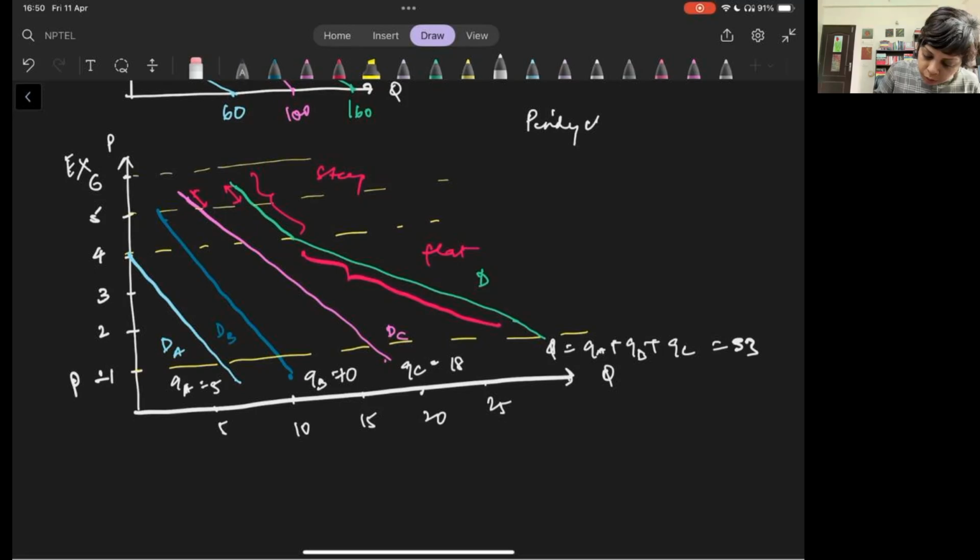If you want, you can read this in Dyke and Rubenfeld or Field, I don't remember exactly, chapter 4. They've given a table and a summary and a diagram, the same diagram. They've not explained it that much, but if you draw it yourself, there is a table over there for different market prices and individual demand for each price. There's a table for this particular diagram itself.